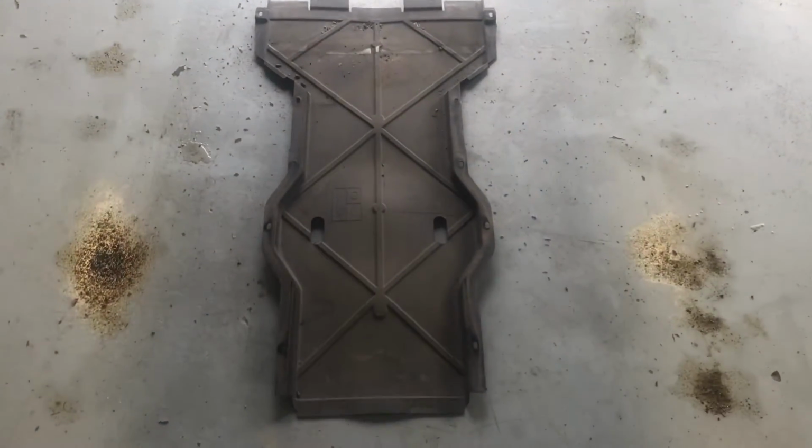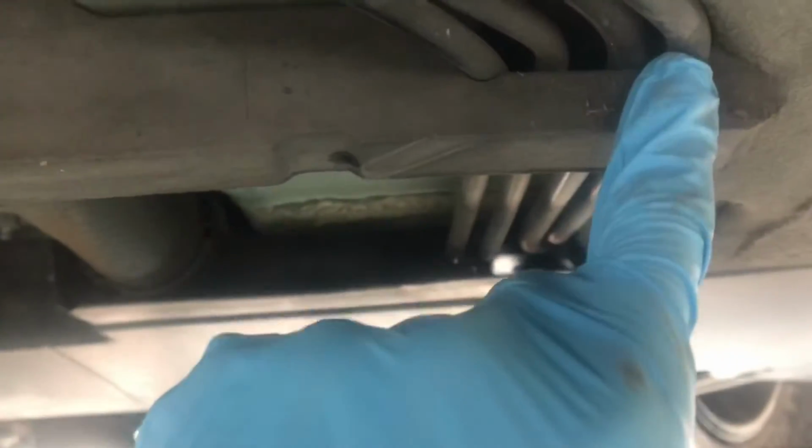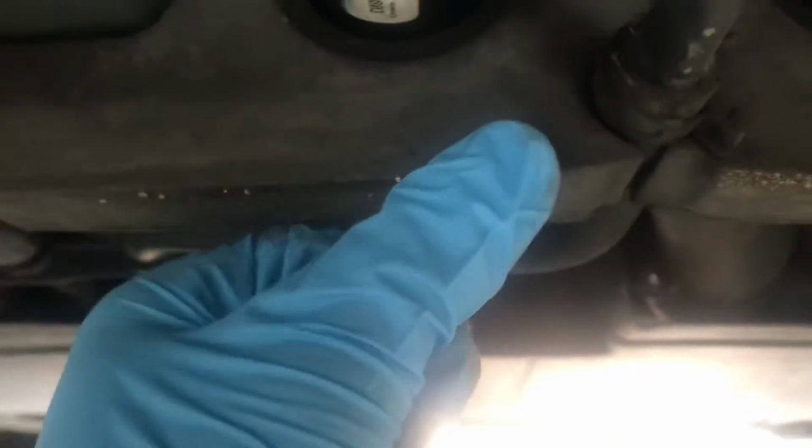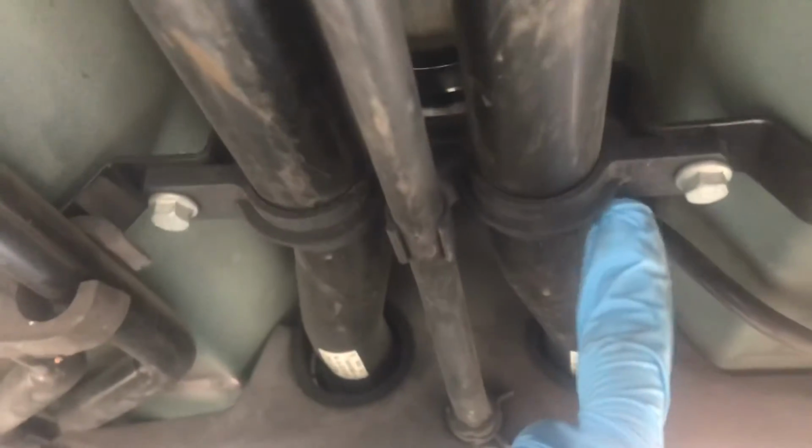So once you remove the plastic under tray, you're going to want to remove this foam piece here. And you can see it's got cutaways, so you just want to remove that. You should just pull off it pretty simply. And then work on these plastic